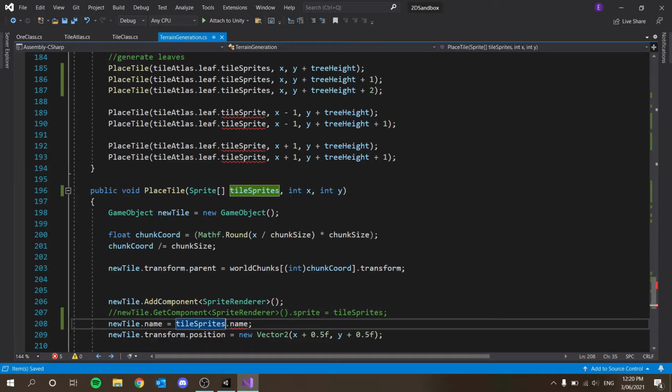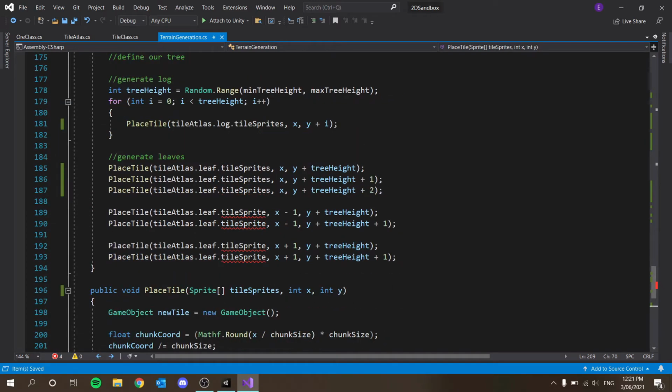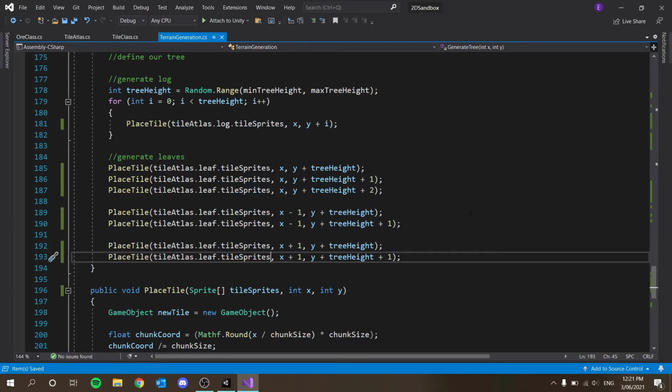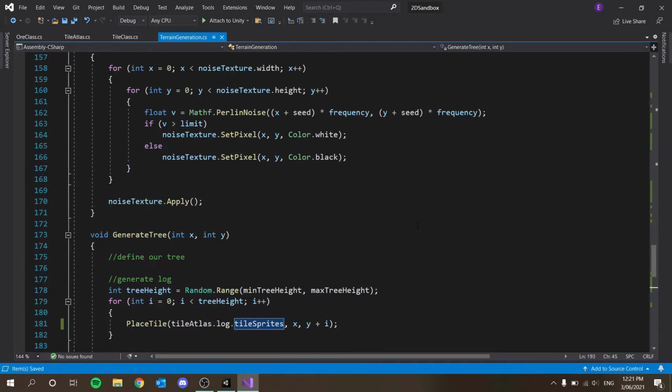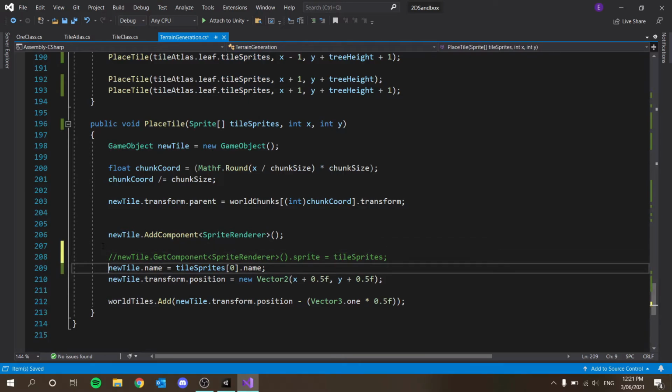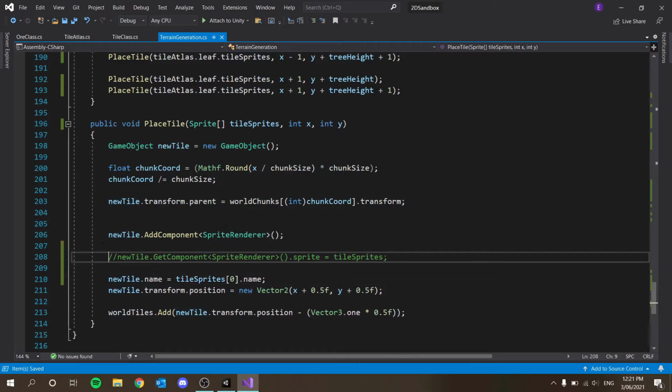Tile sprites, and I'll just get the first one dot name. That's fine there. Here I'm going to pass in tile sprites. Add the S to all of these. That's fine there. And that's fine. So now we just have to fix this line here, because we can't set the sprite of